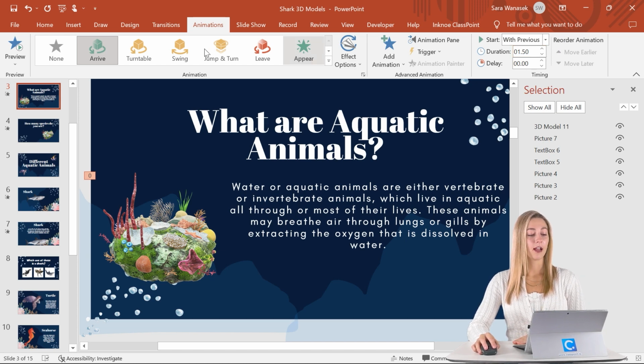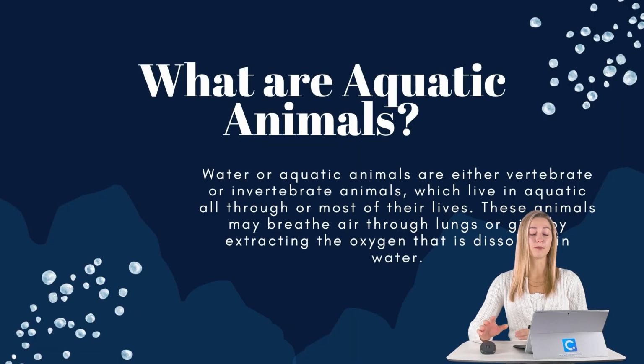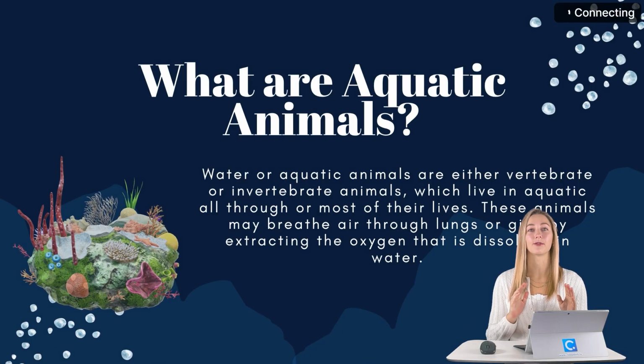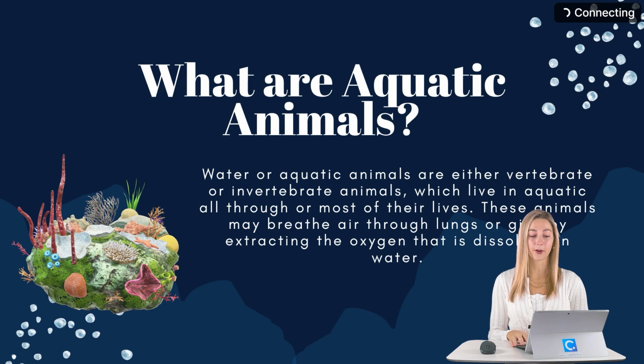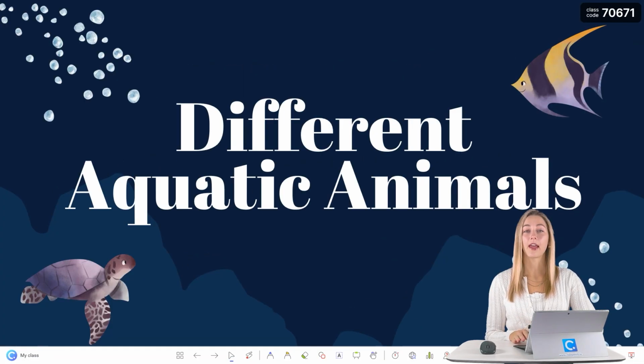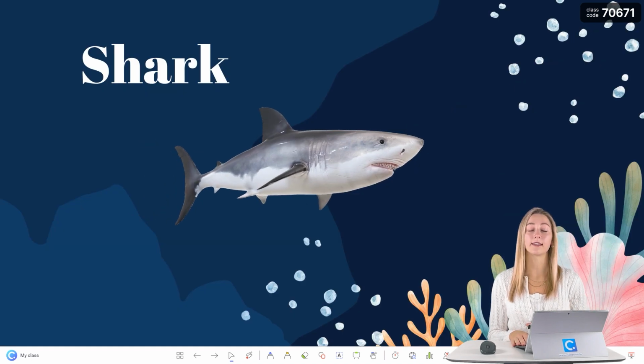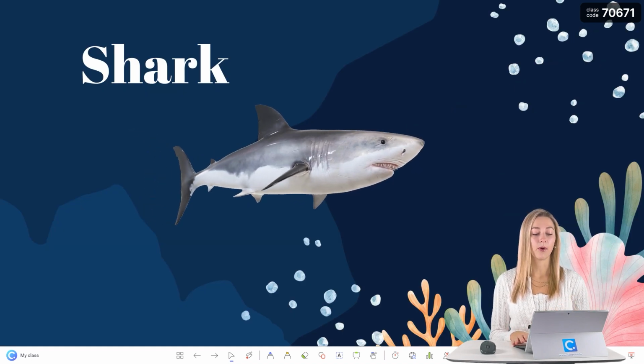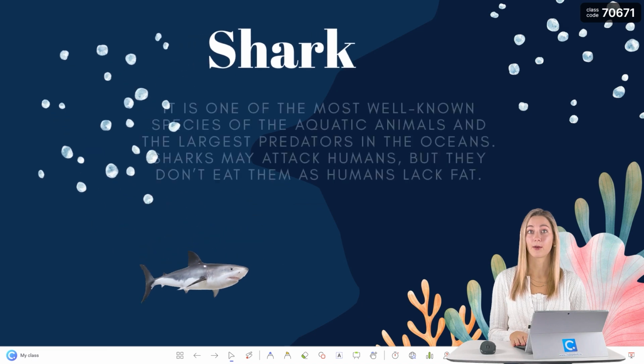Okay, perfect. Let's go ahead and take a look at our slides in our presentation mode and see all of those 3D models and the different animations and transitions come together. So as we switch between slides, you guys will see that that movement happens really nice and evenly. And again, when we get onto the next slide with our shark.